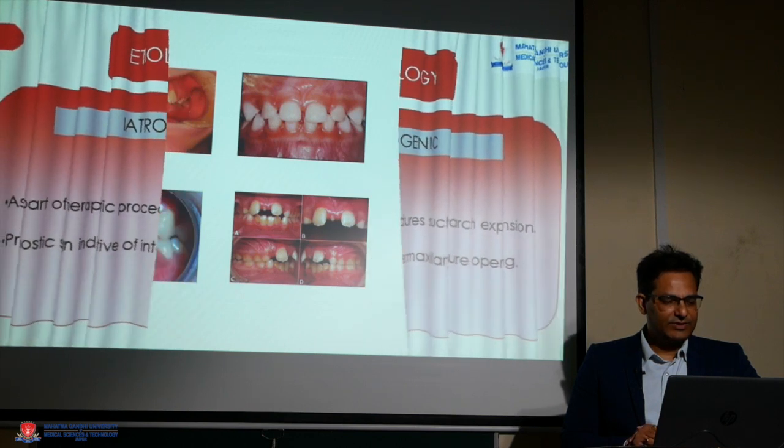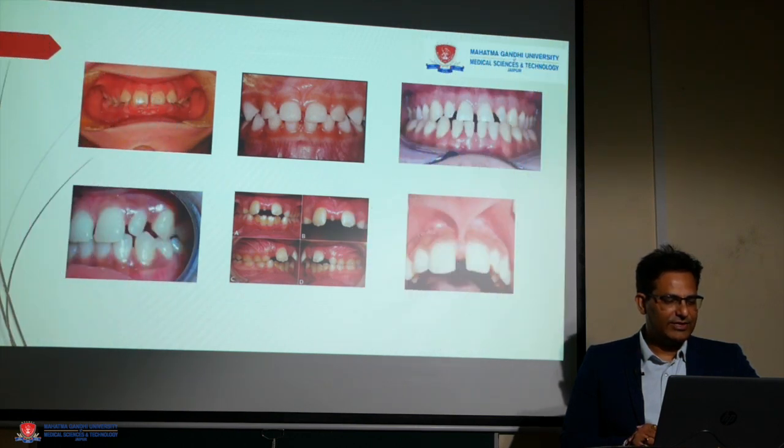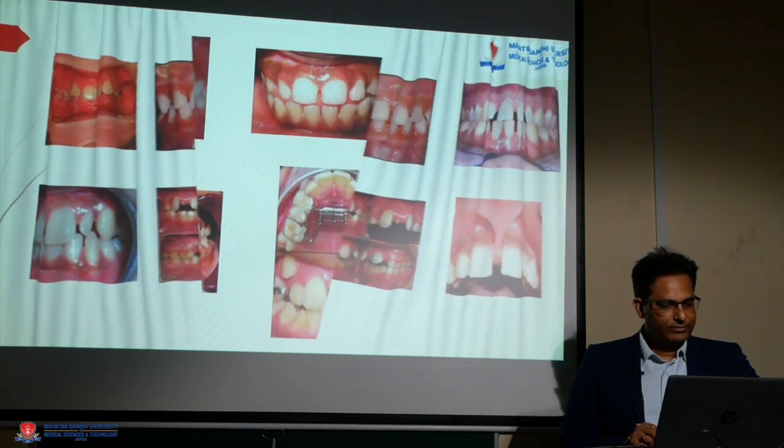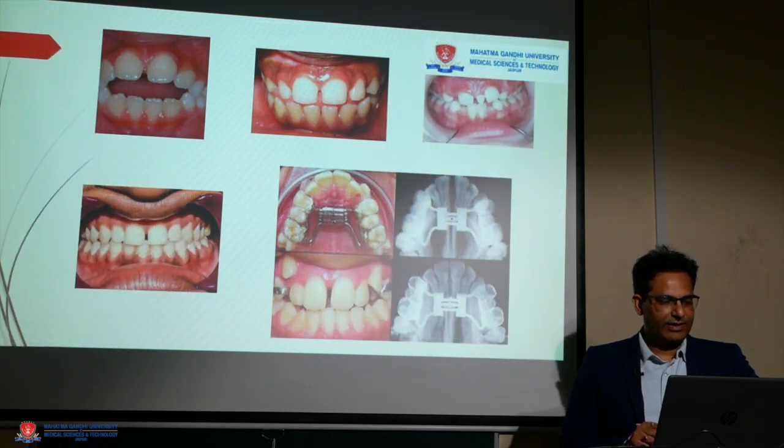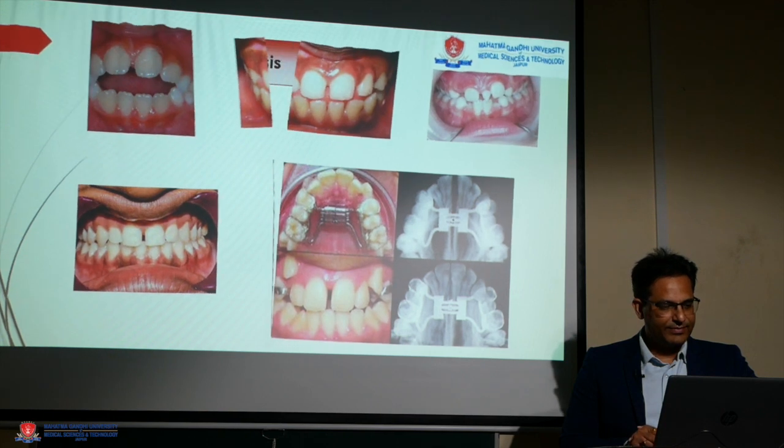Like the figures that we see, the first is the ugly duckling situation, then there is the generalized spacing, then because of the microdontia the diastema is seen, then we have the peg lateral, the abnormally attached lip frenum, habits resulting in midline diastema like thumb sucking or tongue thrusting, the presence of mesiodens, and traumatic occlusion resulting in opening up of the diastema. Then we have the RME: once the expansion of the jawbone takes place, the midline diastema appears. So it is a prognostic sign here.